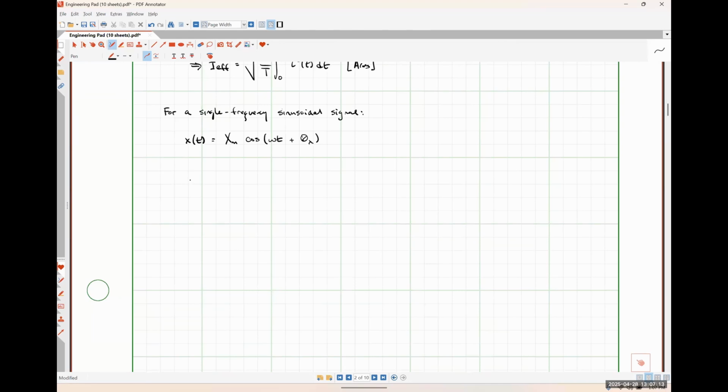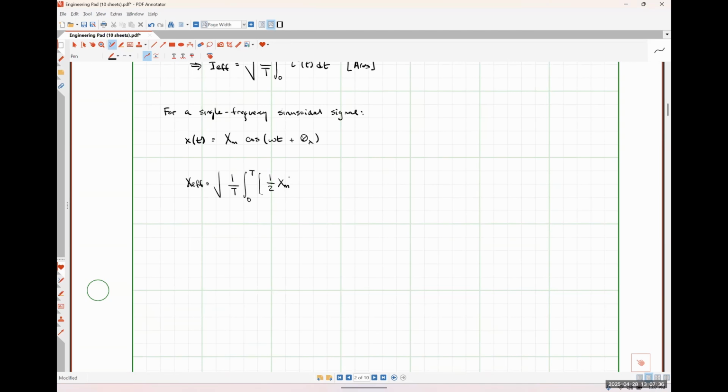Our effective value would be found by doing the square root of 1 over the period times the integral from 0 to t of the square of this signal, where that's going to look like